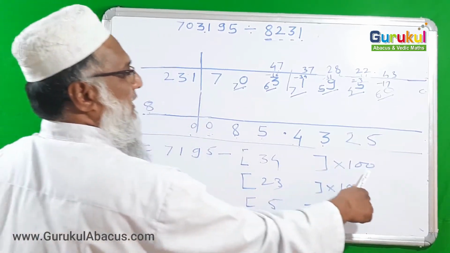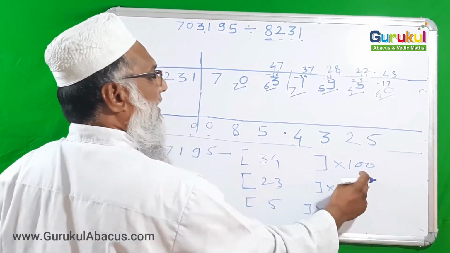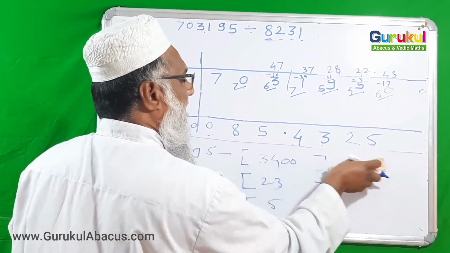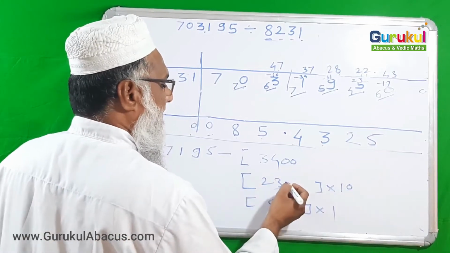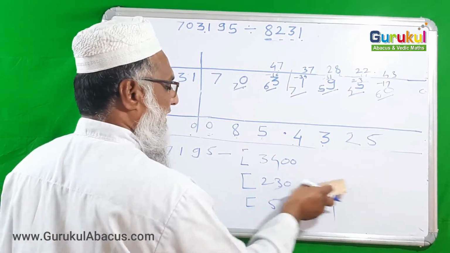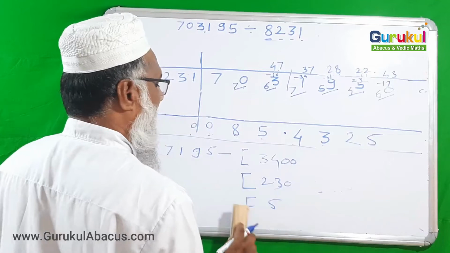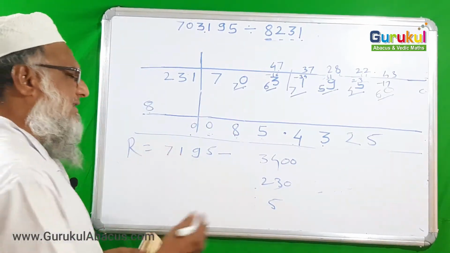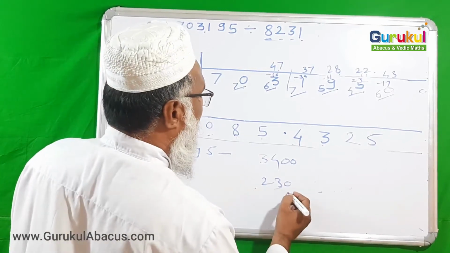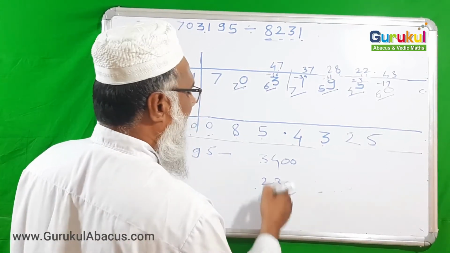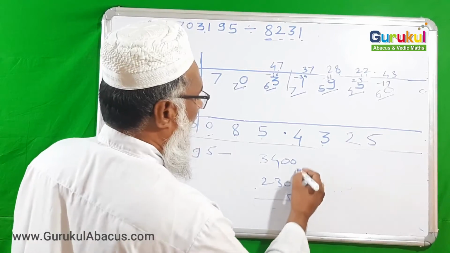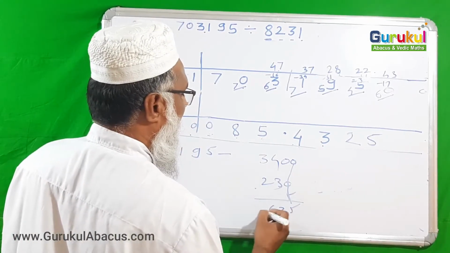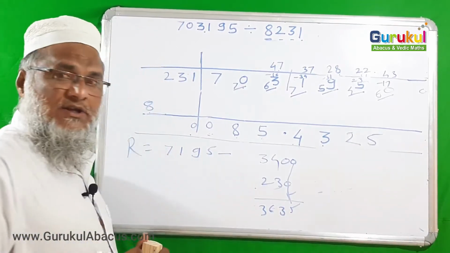Okay, so multiplying by 100 means adding 2 zeros to that. Multiplying by 10 means adding 1 zero to that, and multiplying by 1 means that same number only. Those 3 we have to subtract from it, or else we can firstly add them together and then just subtract wholly. So 5 3 6 and 3, this number we are going to subtract from here,